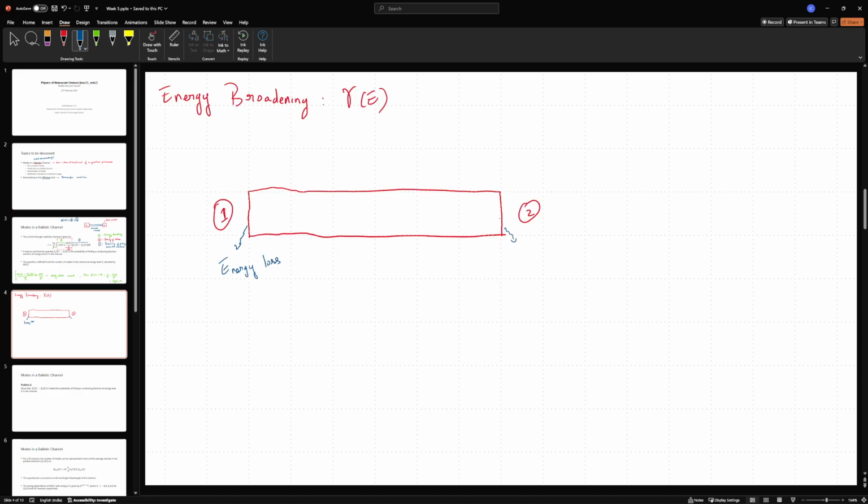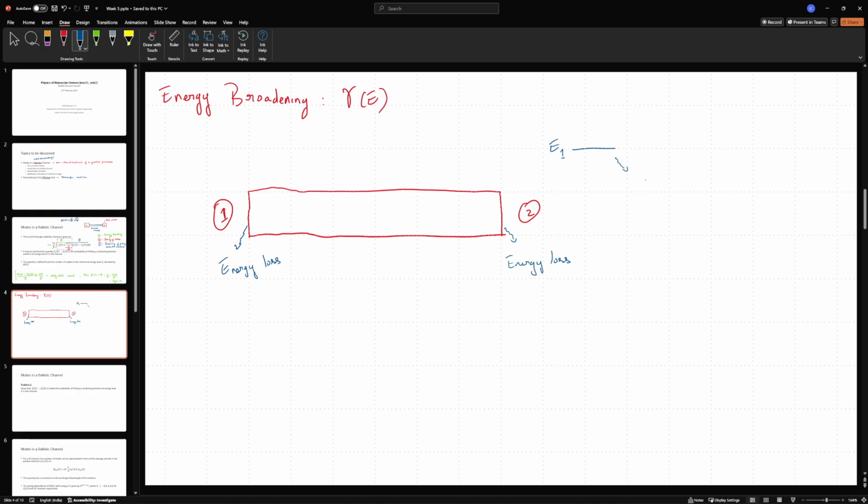So in the channel, the electron will not lose energy. When an electron enters this channel, it maintains the same energy all the way till it reaches the second contact. So there is energy loss over here and energy loss over here. So typically, if I'm looking at the energy diagrams, it starts at some energy level E1,